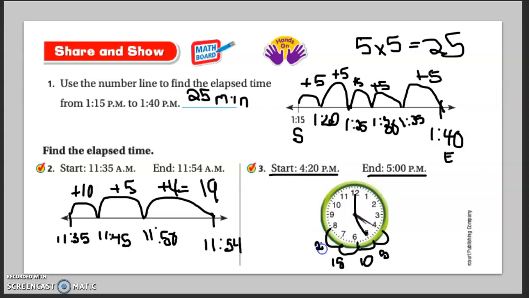Would be 20. 25. Then we skip jump another would be 30. Skip jump another one would be 35. Skip jump another one would be 40. So the total time that we jumped, so my ET for elapsed time for this one would be 40 minutes. Okay,